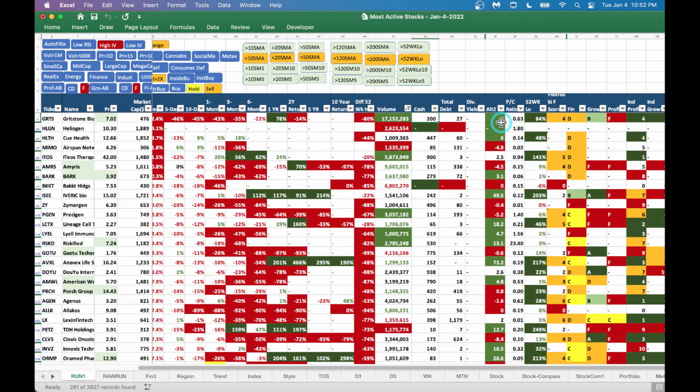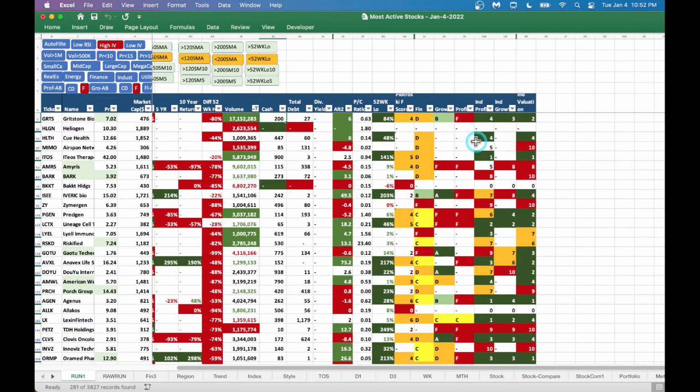They got a good Altman Z score, which tells you they're not going to go out of business here. And in the options market, there are a lot of people betting this stock will go higher. That's why the put call ratio is less than 1, as you can see here. And as you look through here, they got a nice,